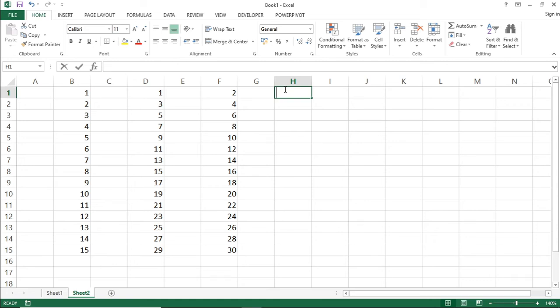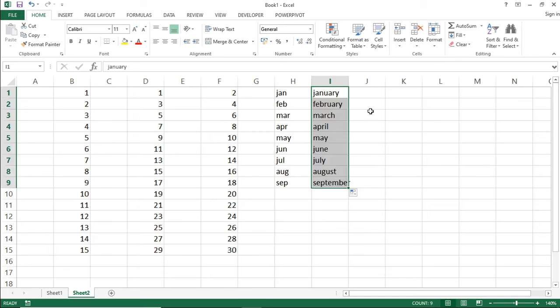Similarly, you can do it for month names. Here there is no need of entering the second one. By entering the first one itself, you can use the fill series. You can use the full form of this, or you can use the short form. Similarly, if you are having some weekdays, you can use it.